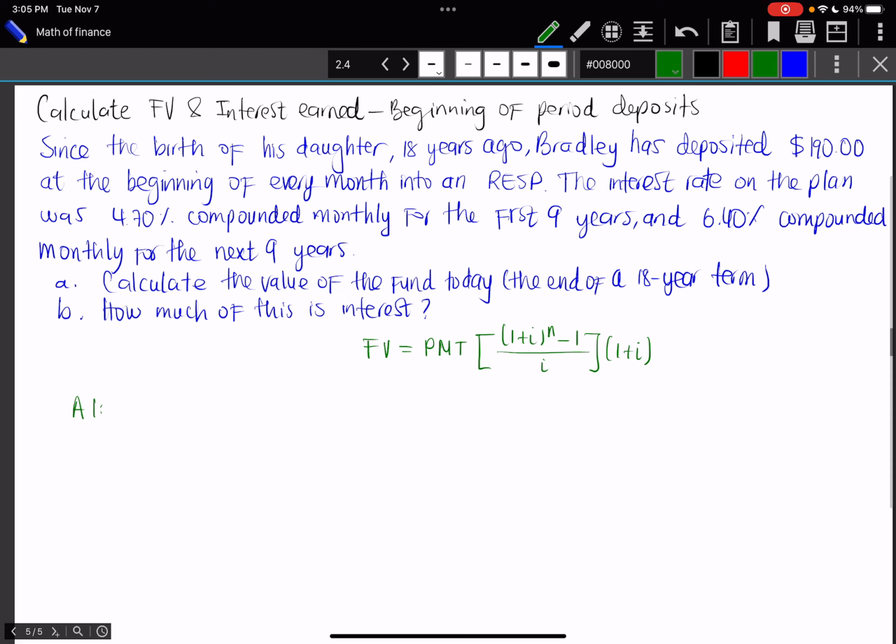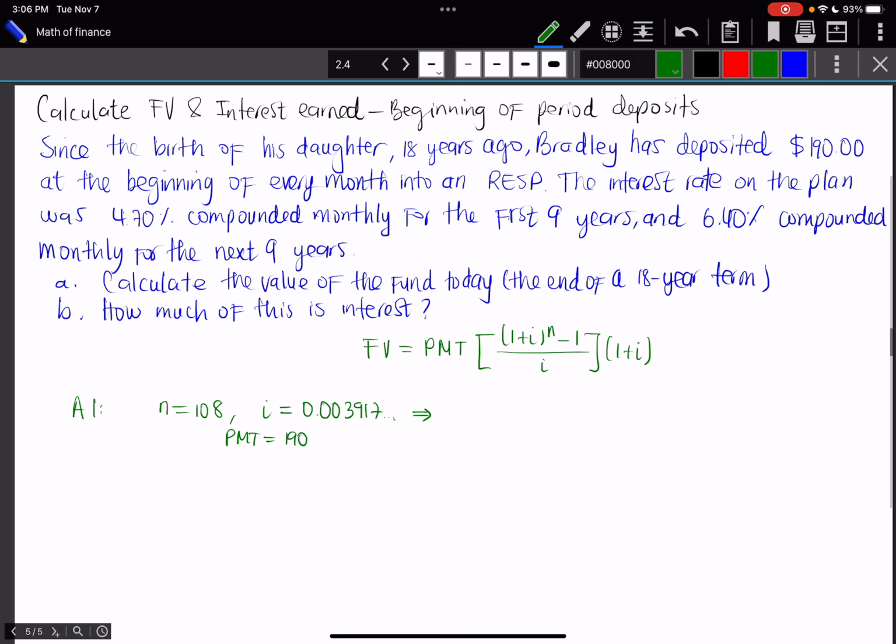So for the first 9 years with an interest rate of 4.7% compounded monthly, remember that we have n equals 108, i equals 0.003917, and so on. Then, remember that the amount of the periodic payment is